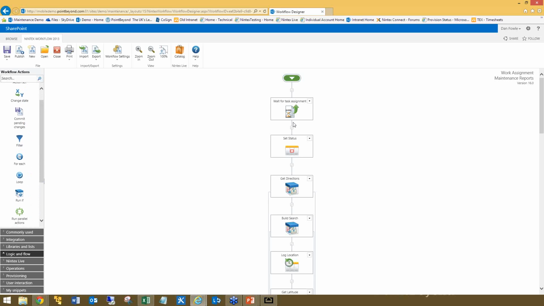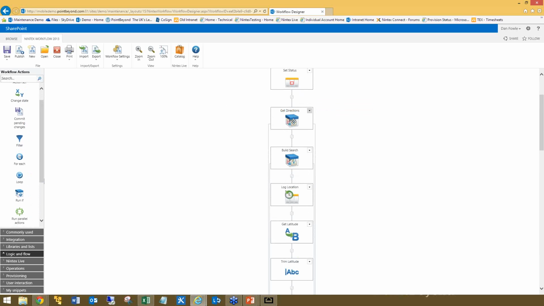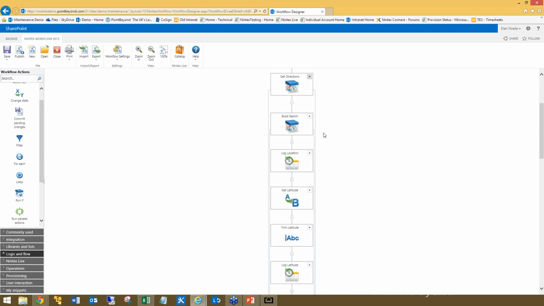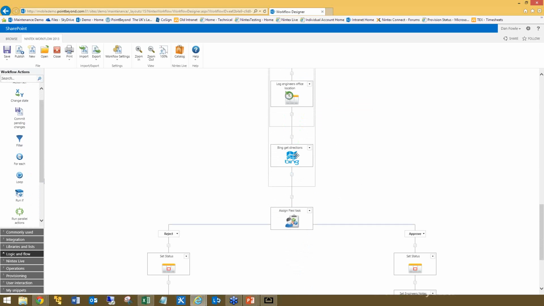So in this particular workflow, we wait for a task to be assigned to an engineer, then we update the status, and then something else that we've done is we've taken the GPS locations of the individual, and we've got a list that shows their local office, and we can map a route from their office to the location using Bing Maps. So we grab the GPS location, we extract the longitude and latitude, and then we're able to pass this information into Bing directions. So if I double click on this,